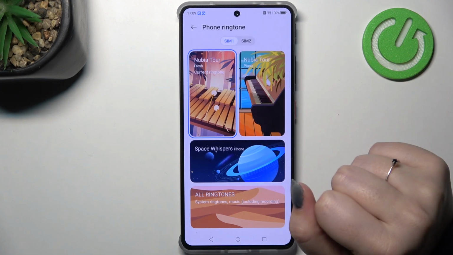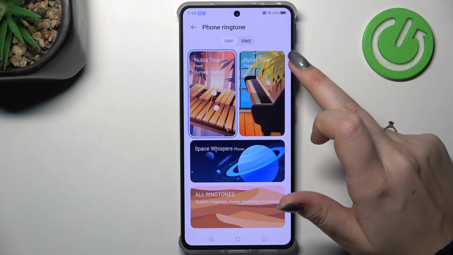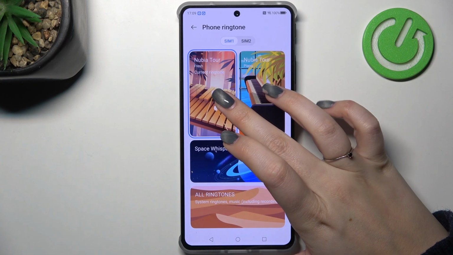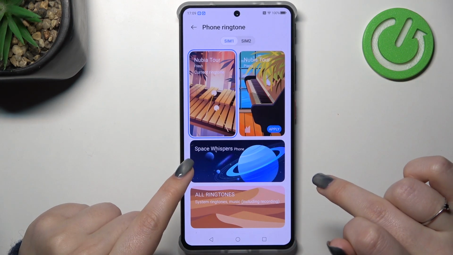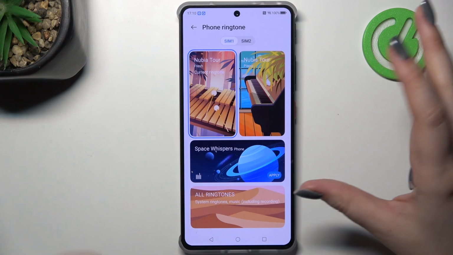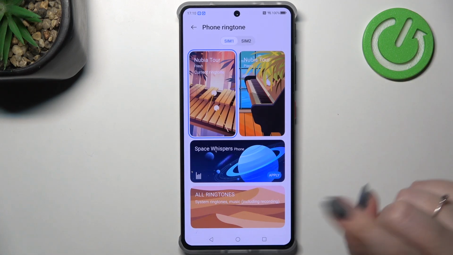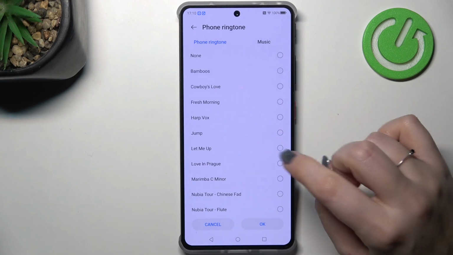You can choose the first or the second one, and here we've got some albums from which we can choose the ringtone from. So here we've got, let's say, highlighted options, so we can tap on them and listen to them, and if we like them, simply tap on apply. However, you can simply tap on all ringtones and then you will be transferred to this